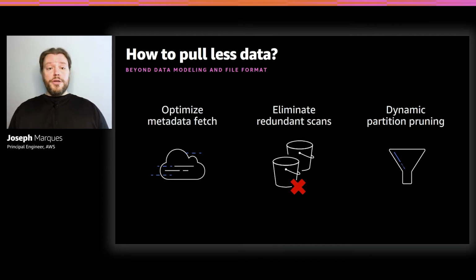And so the analog for you would be something like, oh, I could model my data differently. I can use smaller tables. I can bifurcate, trifurcate something up front. But we don't want you to have to do that. And you can even use things like, maybe I was using an inefficient, verbose JSON file format, and you want to move to something that's more efficient, like Parquet or Orc. That's also possible. But we want to focus on, as a concerted performance team, the things that you wouldn't be